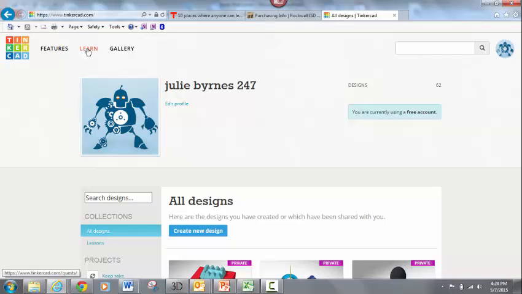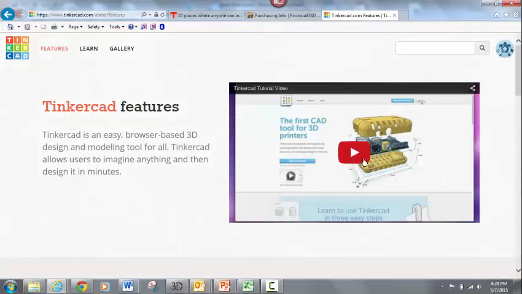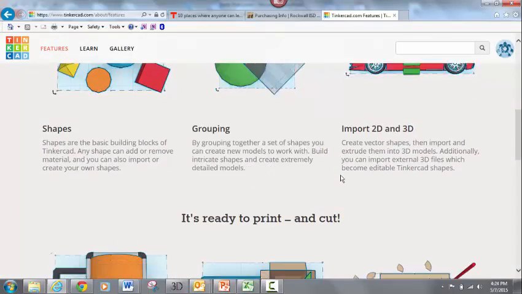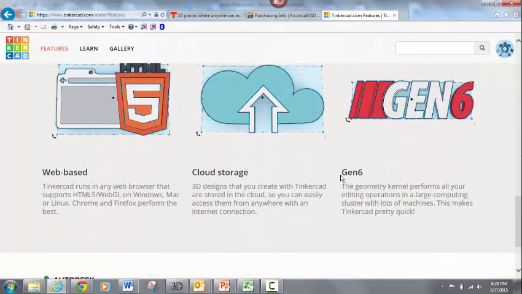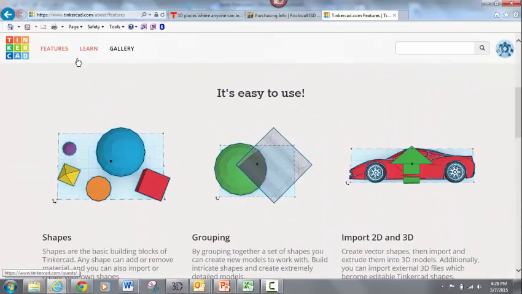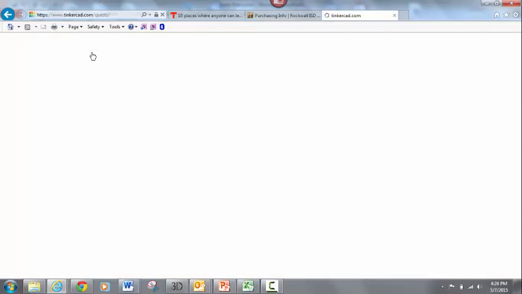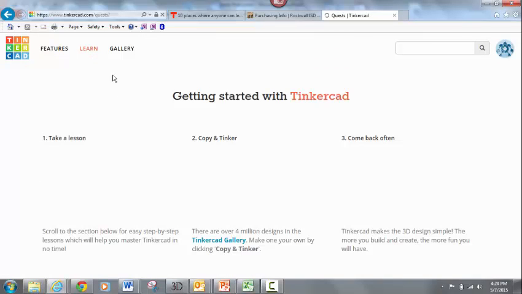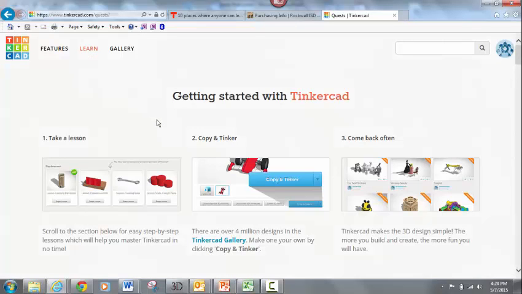You don't need to download anything. It should be internet-based, and everything should save to the same account. So if you wanted to, we could start at features. You could show the kids this video, show them the things it's capable of, and then go to the Learn section. And in the Learn section, I think it's very beneficial that the kids take at least 3 or 4